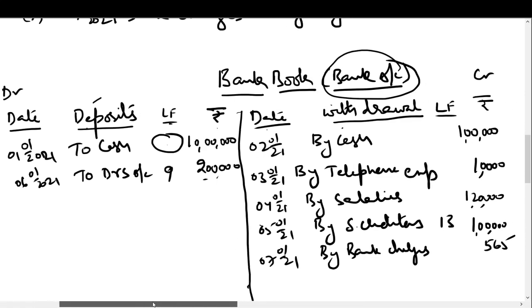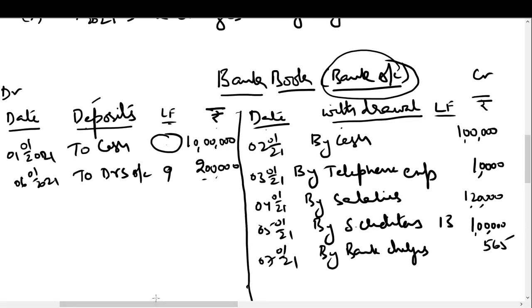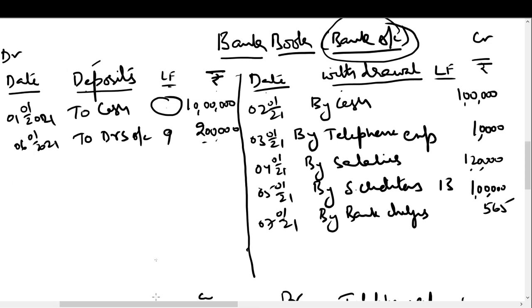Now I have recorded the transactions in the bank book. When you prepare a bank book, there is no need to write any journal entry, because this is an easier way of recording the journal entry. You have to record the deposit or the withdrawal, and the corresponding opposite posting will take place in the ledger account. If something is debited here, if we are writing deposits of 10 lakh, the cash account should be credited. If on the deposit side we are debiting 2 lakh, in the debtors account we should credit 2 lakh. That is how we complete the posting of the journal entry.